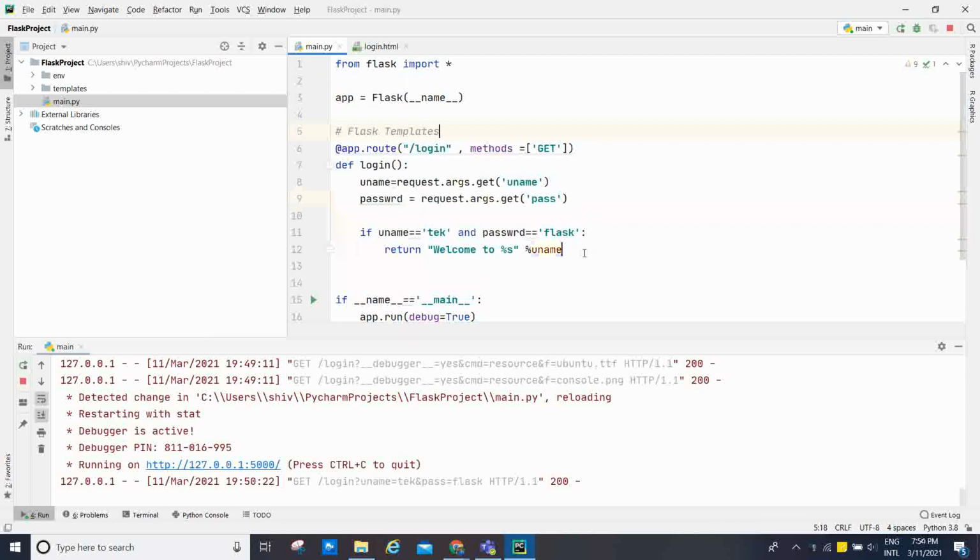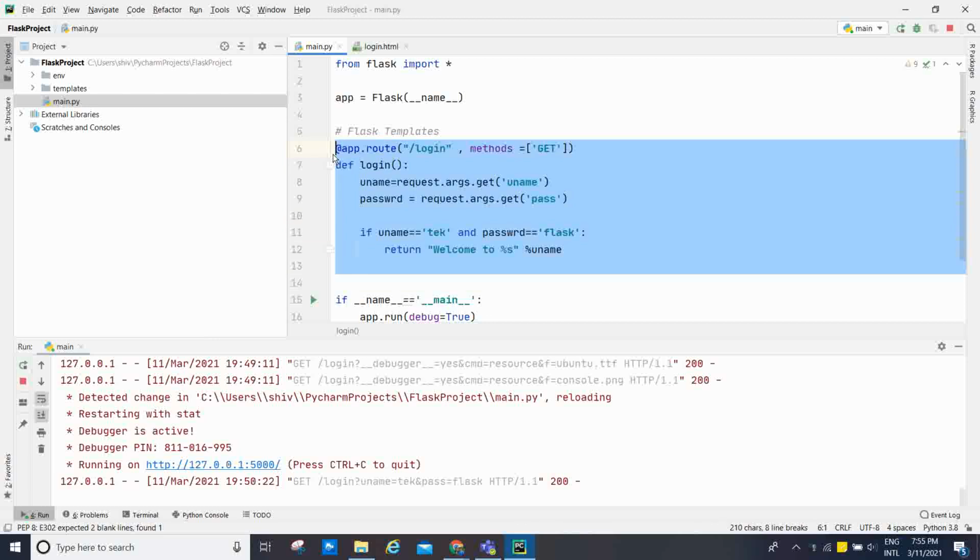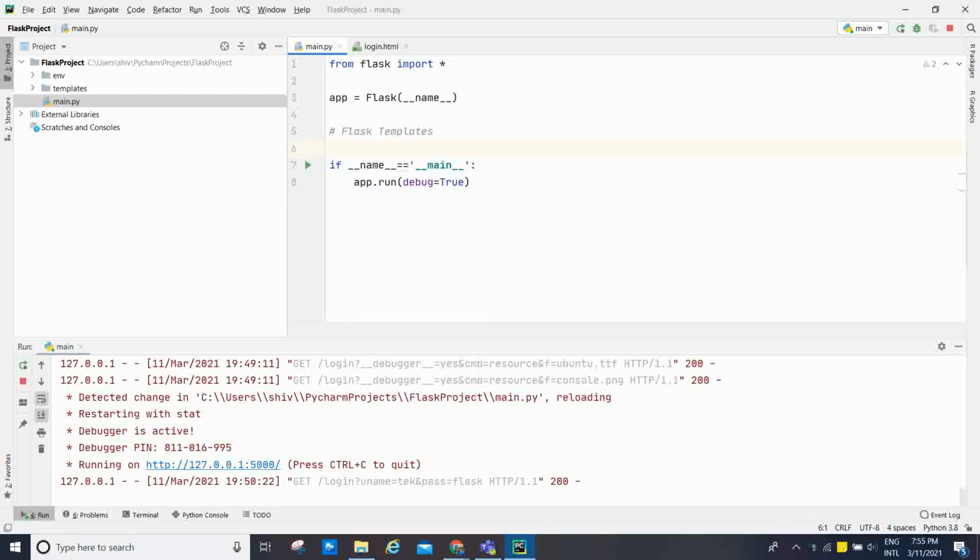Now we will go through the way we can return an HTML response from the web application. Okay, now I am going to change this code. Remove this one. App.route, we are going to pass backslash only and define message.